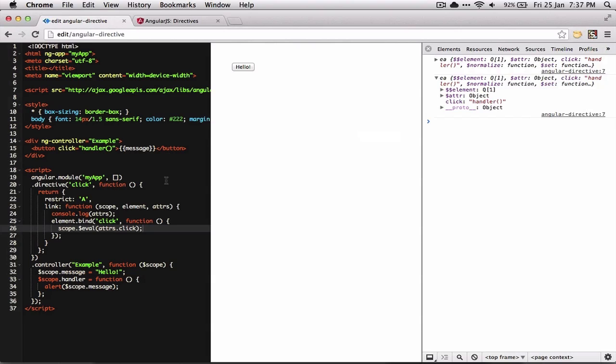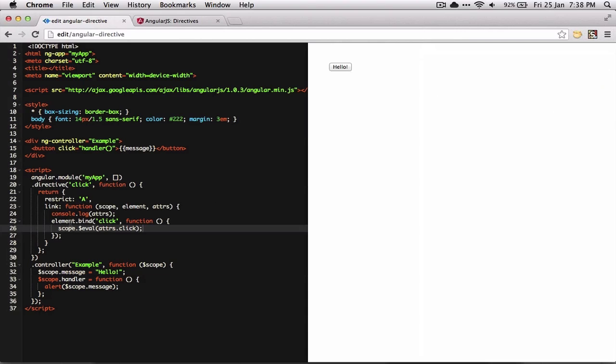Next, let's take it a bit further and make our own element. I'll just close the dev tools. So the first thing we need to do is change the restrict. I'm going to make this E so we can create an element, and our element is going to be called a clicker, so I'm going to change the name of the directive. Now instead of using a button, I'll make it a clicker,